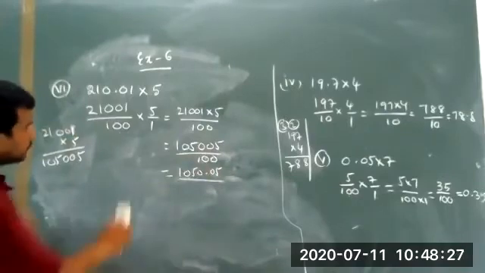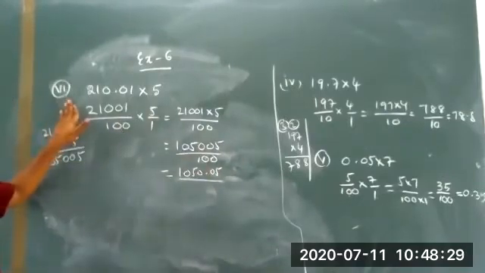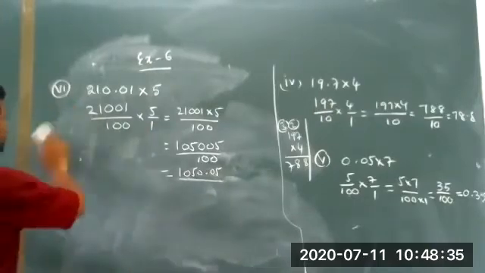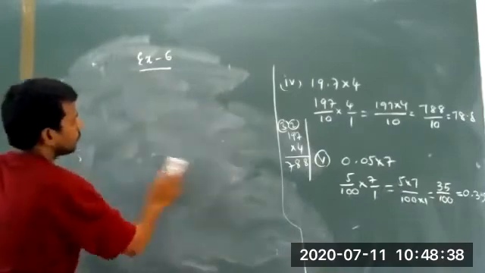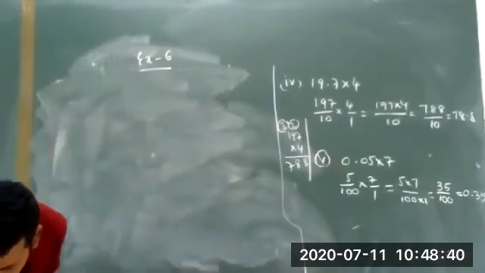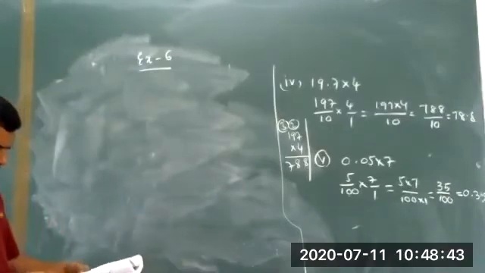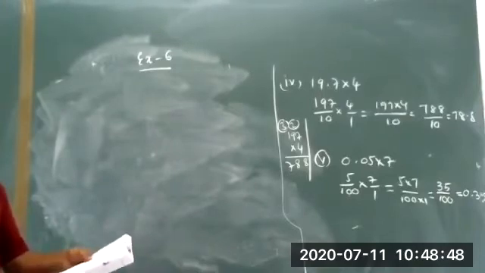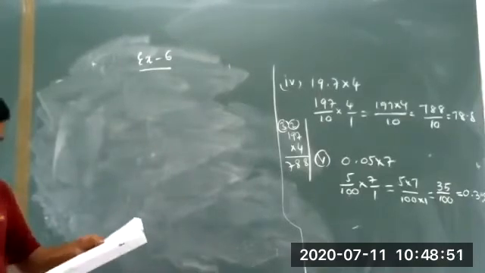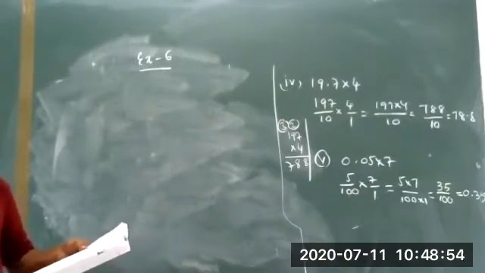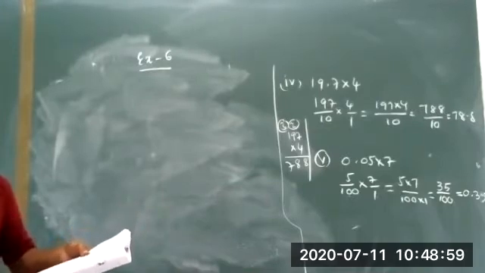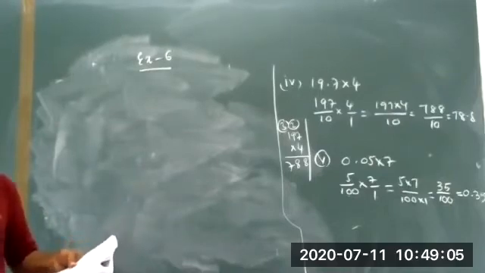In the second page, in the first bit, 6 problems are completed and one problem is left. We take that as homework. In the second page: find the area of a rectangle whose length is 6.2 centimeters and breadth is 4 centimeters. Once again, children, this is the word problem in exercise 6, second problem.